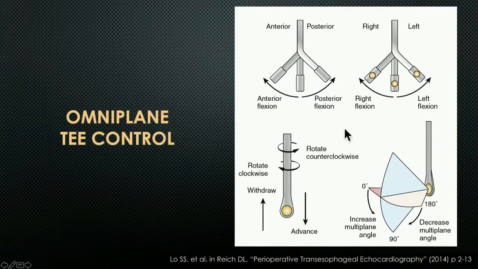Or you can rotate the whole apparatus clockwise and counterclockwise, as well as withdraw, pull out, or advance, push in. And electronically, because now most of our probes are omniplane, we can sweep the plane of the imaging throughout a